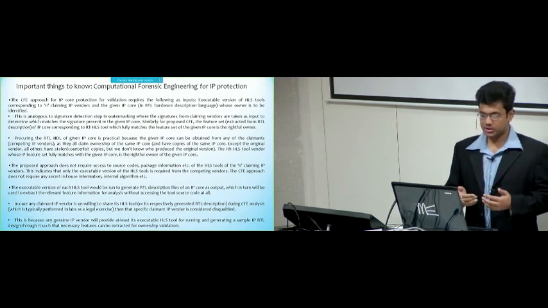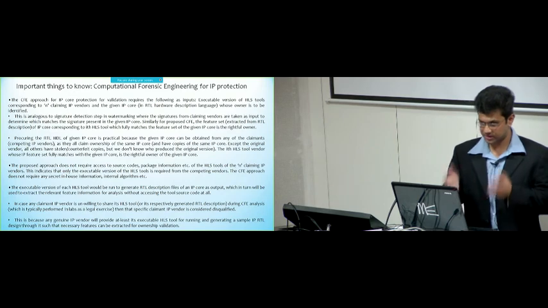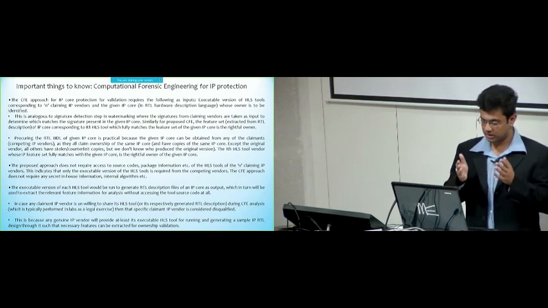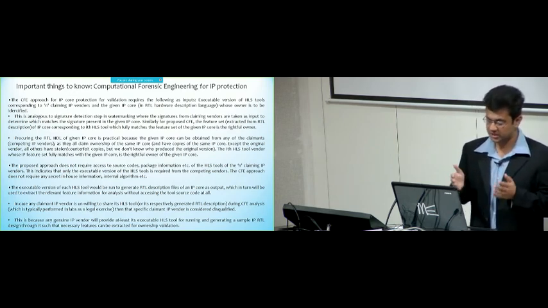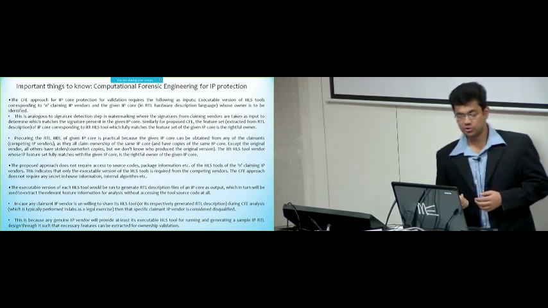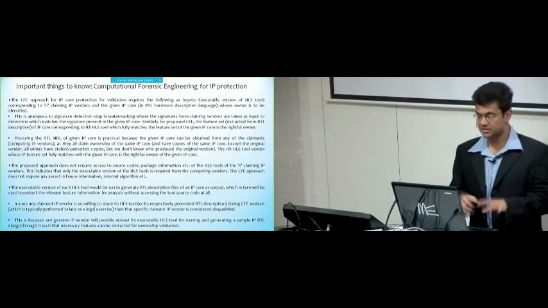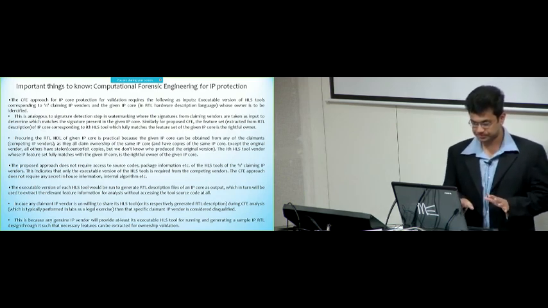The executable version of the HLS tools would be run to generate the RTL description, which I have been referring to as HDL or VHDL, known as Very High Speed Integrated Circuit Hardware Description Language, which in turn will be used to extract the relevant feature information for analysis without accessing the tool source code at all.